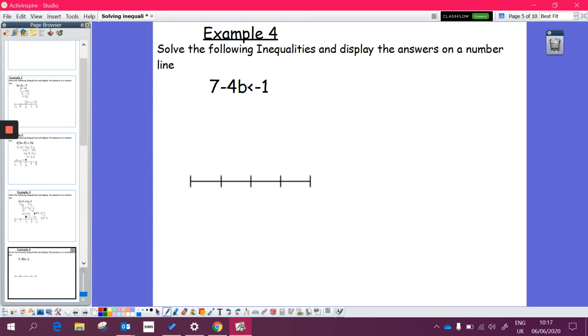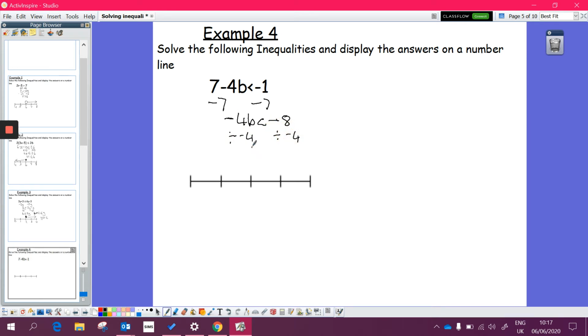Example 4. With this example, the difference here is, if you notice, we have got a negative unknown. So when we get up to that bit, there are slightly different rules. So again, solving it, the first thing you can get rid of is the 7. That's a positive 7, so minus 7 off both sides. We get 4 minus 4b is less than, remember, minus 1 minus 7 goes down to minus 8. Now we need to divide by minus 4 to get rid of this. So if we divide by minus 4 on both sides,